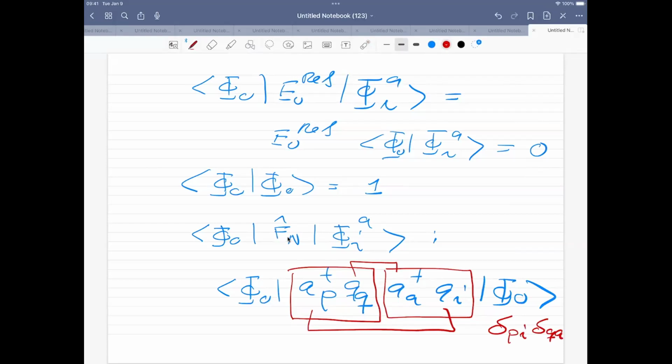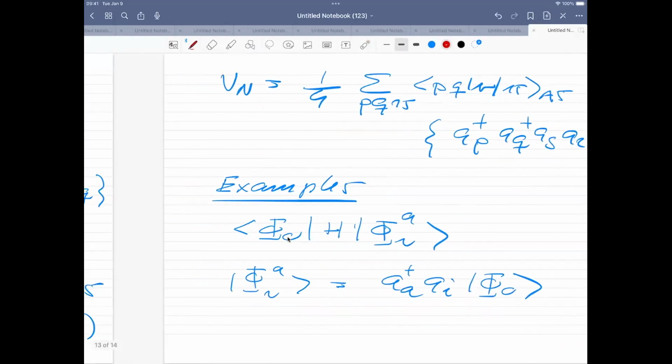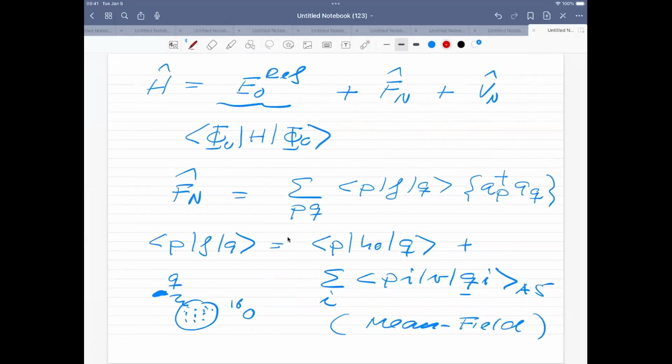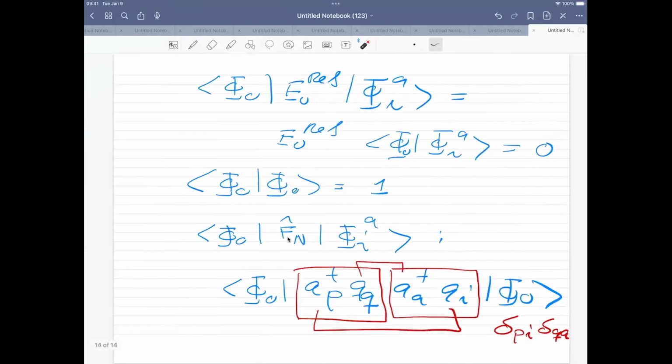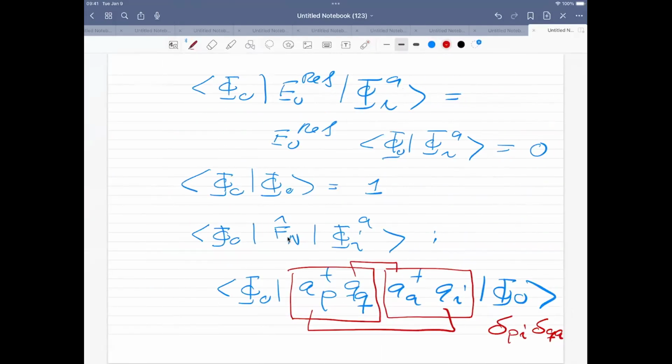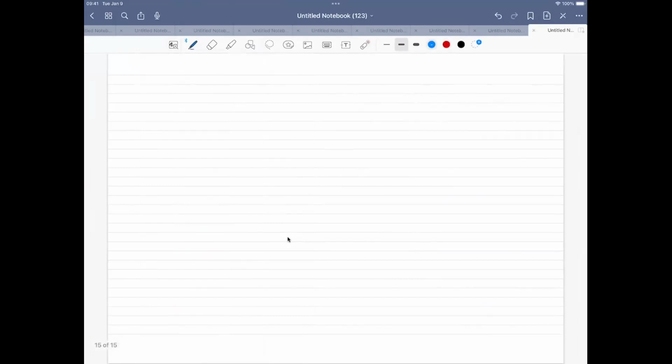So if I then go back to the expression which I have for this operator F, it means that now we are going to get a P, which was equal to I, and a Q here, which was equal to the state A, a state below and above the Fermi level. And that translates into this set of integrals, which we have here. So let's just write it down. So this term here, when we now write it out properly,